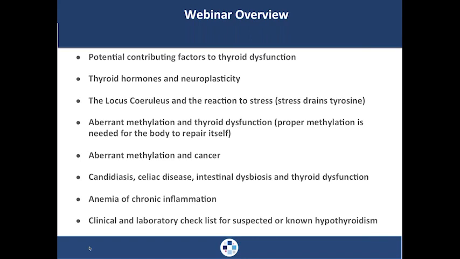Next, I'm going to be talking about aberrant or poor methylation. Methylation is adding a methyl group to certain parts of the body, certainly in biochemistry, and how aberrant methylation or bad methylation can affect thyroid function. And I want you to think about it this way. I'm sure you've heard the talk for the last maybe 10 years about methylation. Proper methylation is needed for the body, first and foremost, to repair itself. So it's a pretty important feature, and it does relate to thyroid hormone. Next is that methylation. Again, I want to talk about that in relationship to cancer as well as thyroid cancer. So there's a wonderful illustration on that.